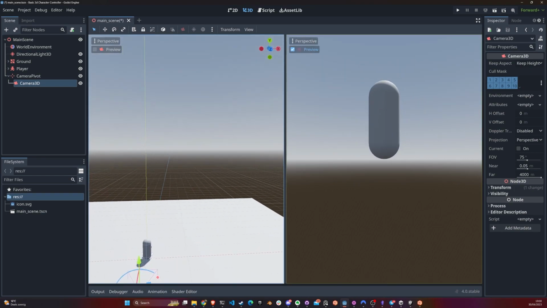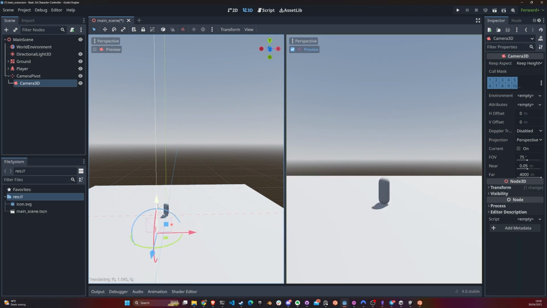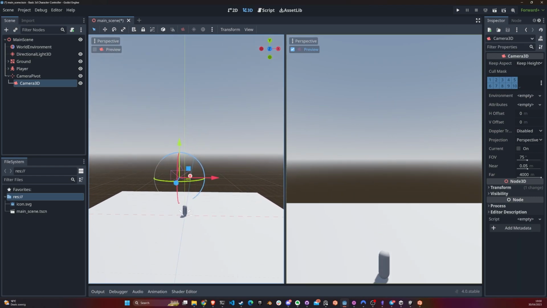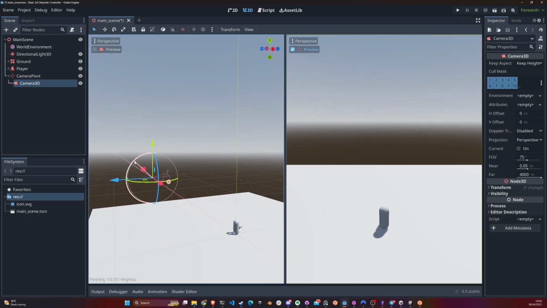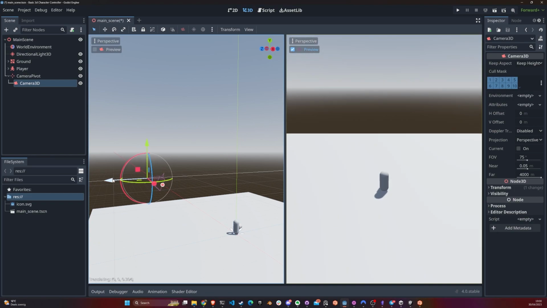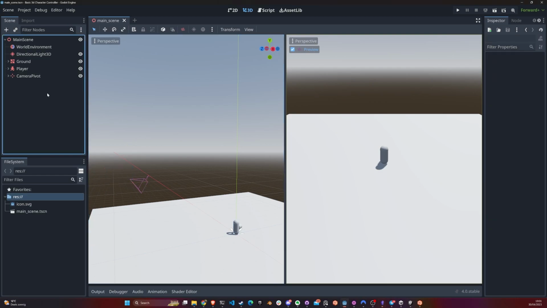So now I can basically position the camera in any way I want. I want the camera somewhere looking down on him a little bit. So this is great. Imagine that we have a kind of top-down game like this. We're gonna be able to see the character moving, and this is perfect. Great. I think this is all that we need in terms of nodes and components in